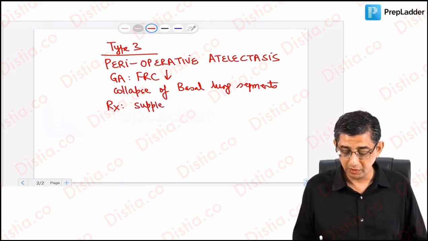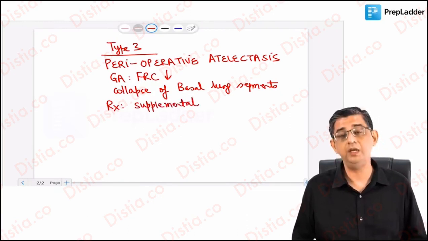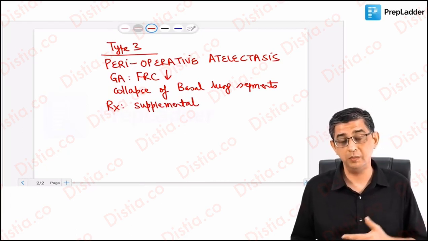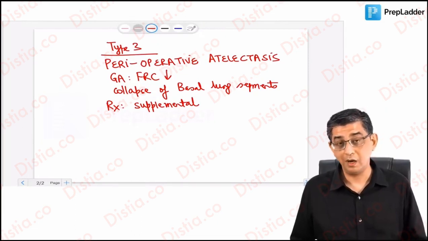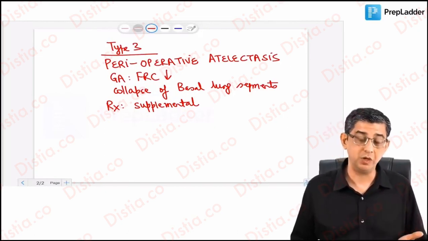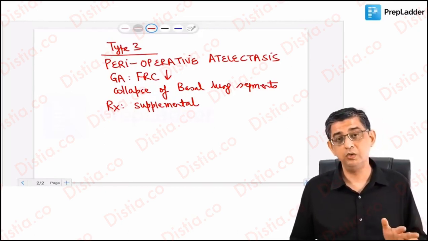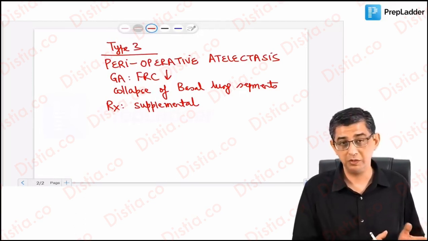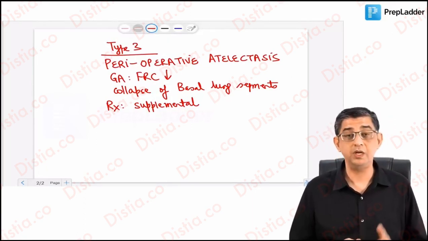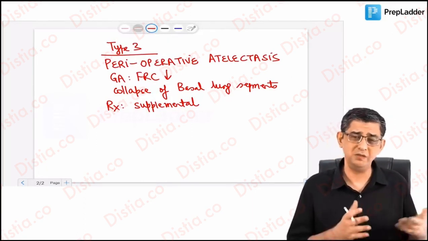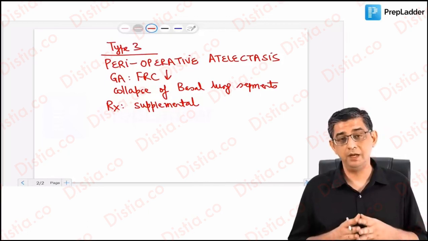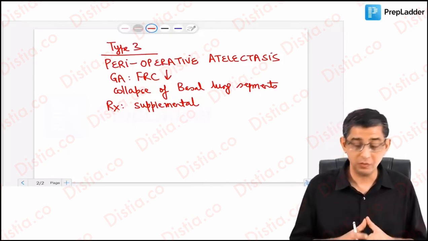And it's always advisable that whenever a person is undergoing any kind of abdominal surgery or chest surgery, like a coronary artery bypass grafting, laparotomy, or open cholecystectomy, these patients should be counseled to do chest muscle or respiratory muscle exercise. You can depute a physiotherapist even before the surgery is scheduled, like 1 week or 2 weeks before surgery. If you depute a respiratory physiotherapist to the person so that he can exercise his chest muscles, and I don't mean very severe exercise, just a few breathing exercises taught to the patient, then at least the muscles will be in top shape and the chances of type 3 respiratory